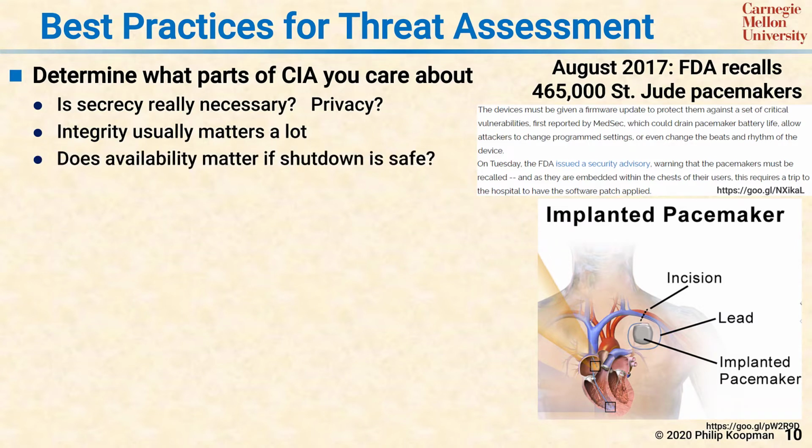If you have a safety-critical system that is shut down, it might be that there's an economic loss, but no loss to safety. On the other hand, if you're building a system whose job is to monitor for safety issues in the outside world, a shutdown might result in the loss of safety for that system.